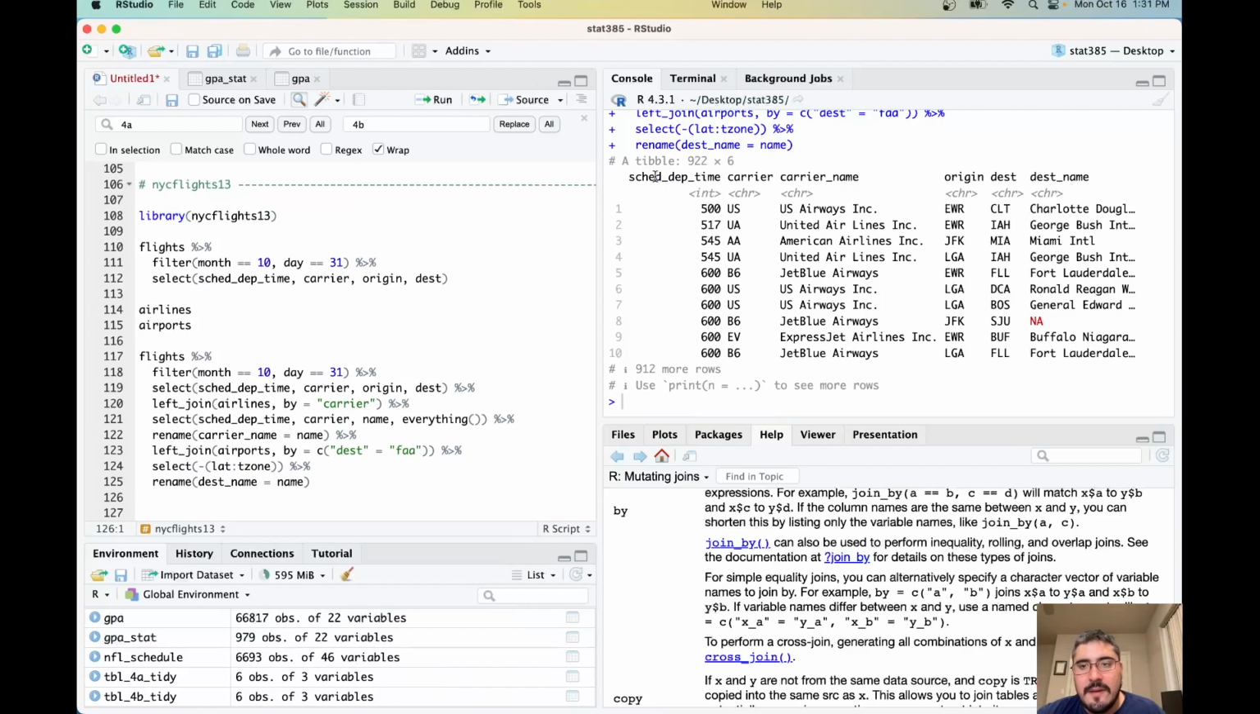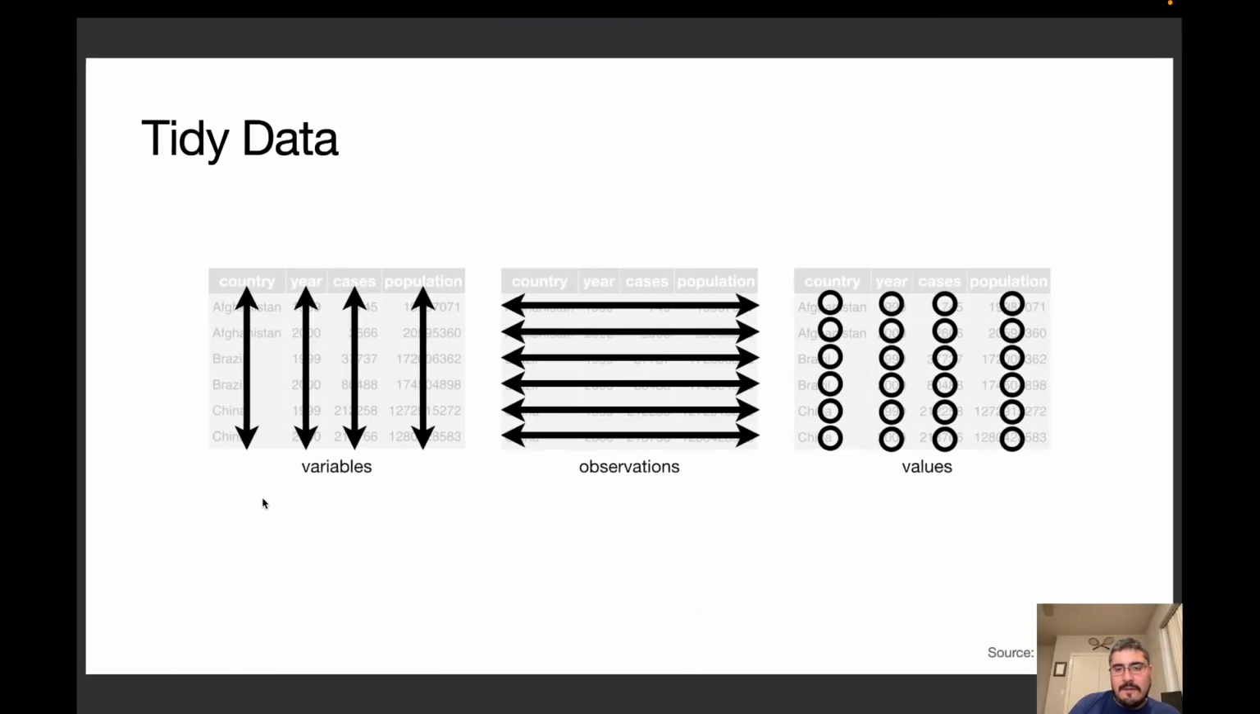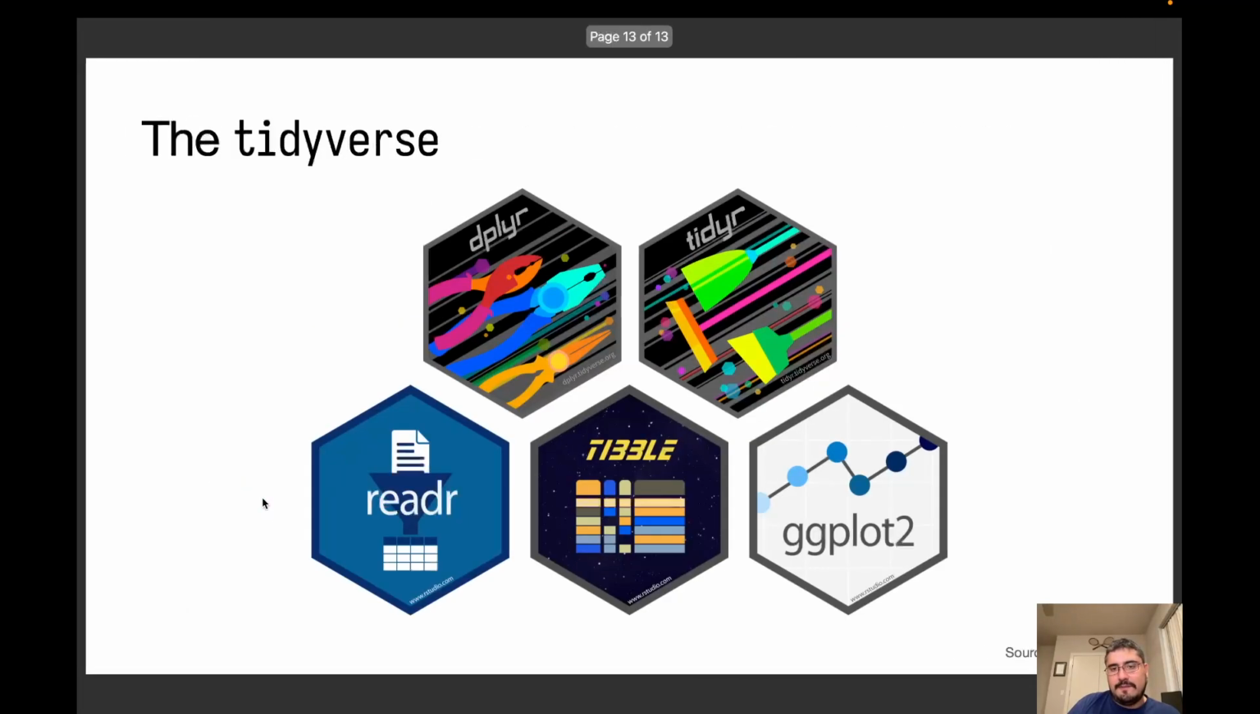Okay, so I have dest name, carrier name. Okay, cool. So nice. All right, so I think I'm going to stop here. That's a lot. So in this lecture, we have covered, let me go to the end here, how to read data into R using the readr package with a focus on, I would say,